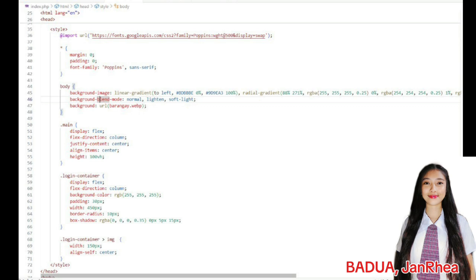Our login page focuses on creating a clean and user-friendly experience. We've used CSS to achieve a modern look and feel. The page background uses a subtle gradient for visual appeal, creating a more engaging experience than a plain color. The background blend mode blends the gradient with the image, resulting in a soft light effect.